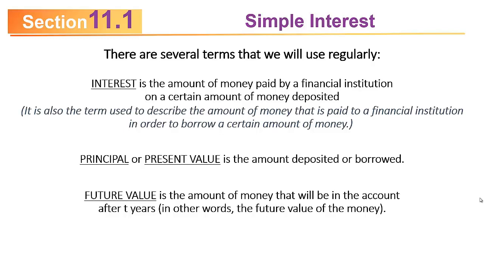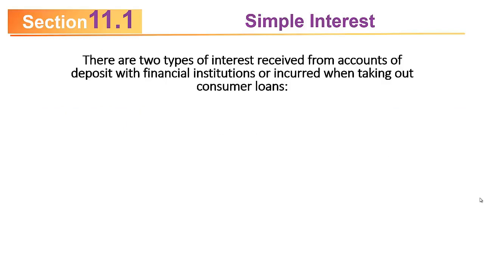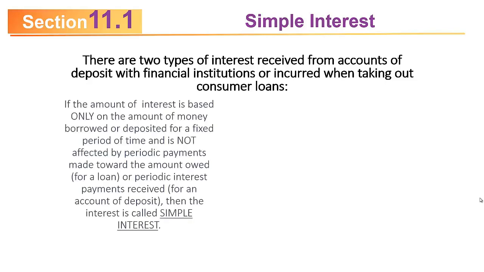And future value is the amount of money that will be in the account after T years. In other words, the future value of the money. There are two types of interest received from accounts of deposit with financial institutions or incurred when taking out consumer loans. If the amount of interest is based only on the amount of money borrowed or deposited for a fixed period of time and is not affected by periodic payments made toward the amount owed or borrowed, then the interest